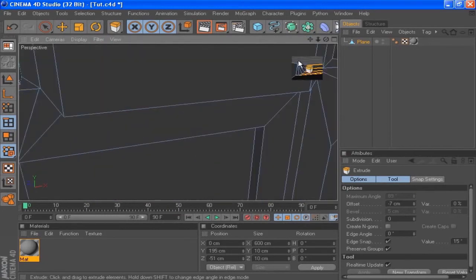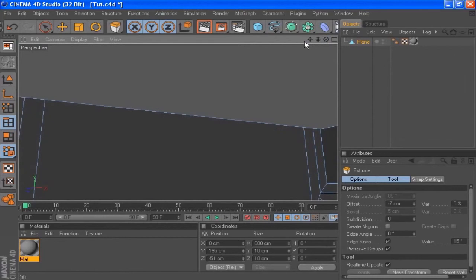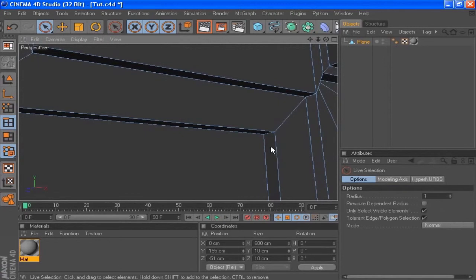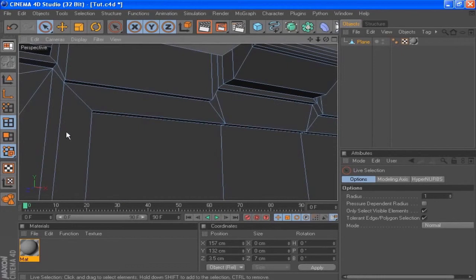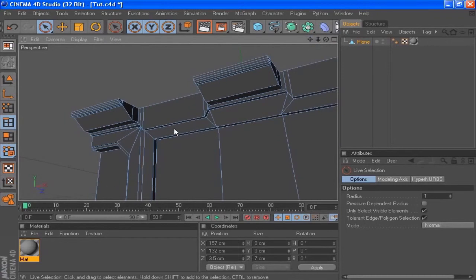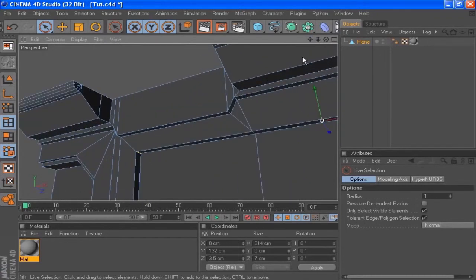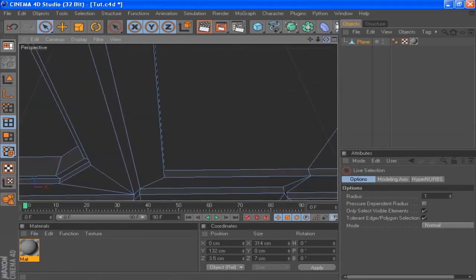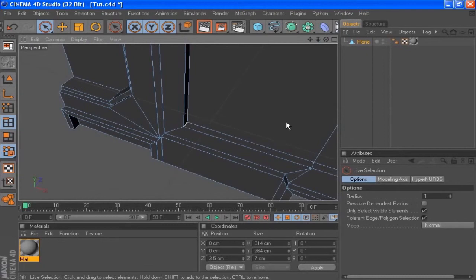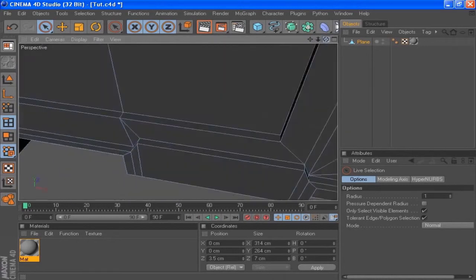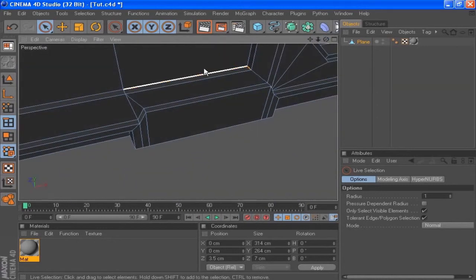I'm going to select 4 edges. Let me see. Okay, so this is going to be 1 edge. Okay, let's move back. On here, we're going to turn around. Zoom in. Select this edge. Let's go down here, turn, select this edge, go to this side, turn around, select this edge, oops, not that one, this edge, deselect,